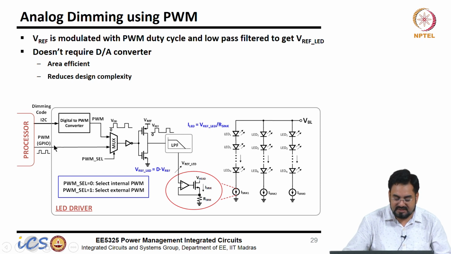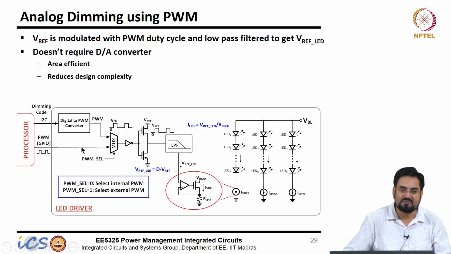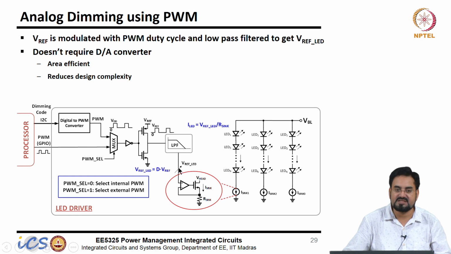So what happens, you get the PWM from this GPIO, and we shift the level of this PWM voltage to Vref, because my full scale voltage is Vref, and you pass it through a low pass filter. So if the cutoff of this low pass filter is much lower compared to the switching frequency of PWM, you will get pretty much a DC voltage, just like we get in a switching regulator. So your output voltage of this low pass filter will be proportional to duty cycle, and Vref is constant.